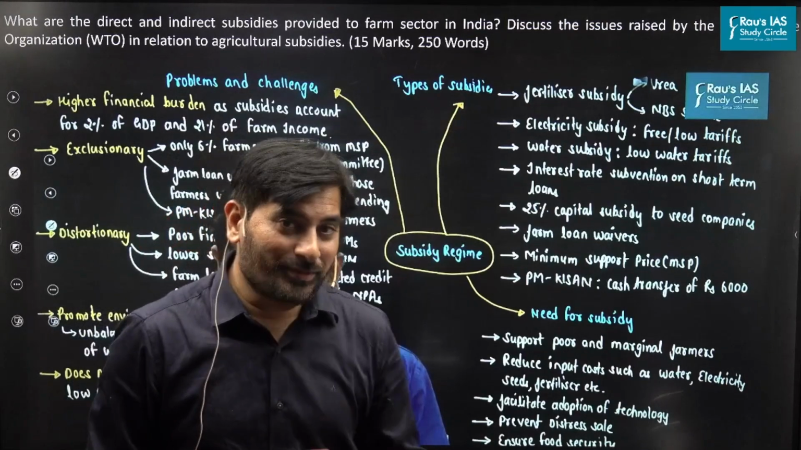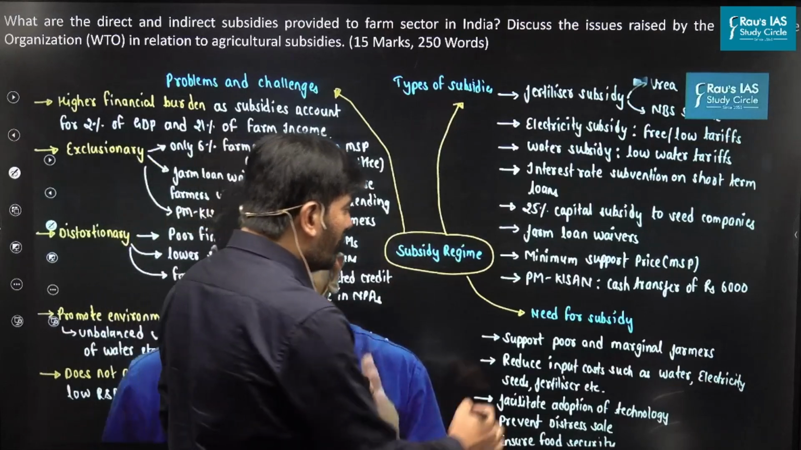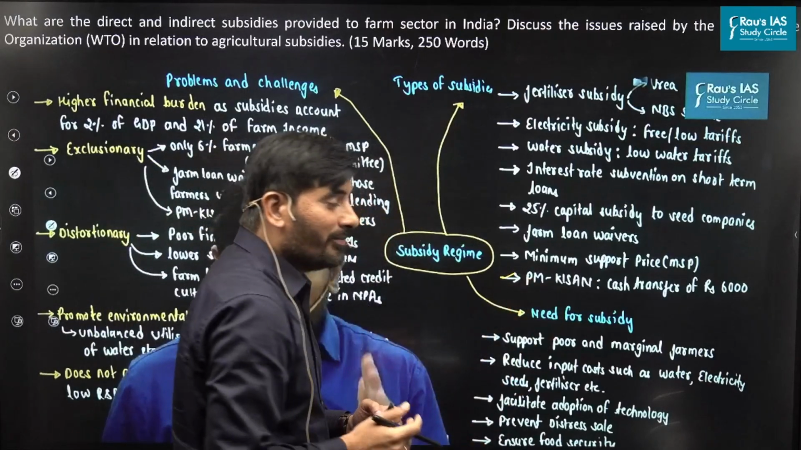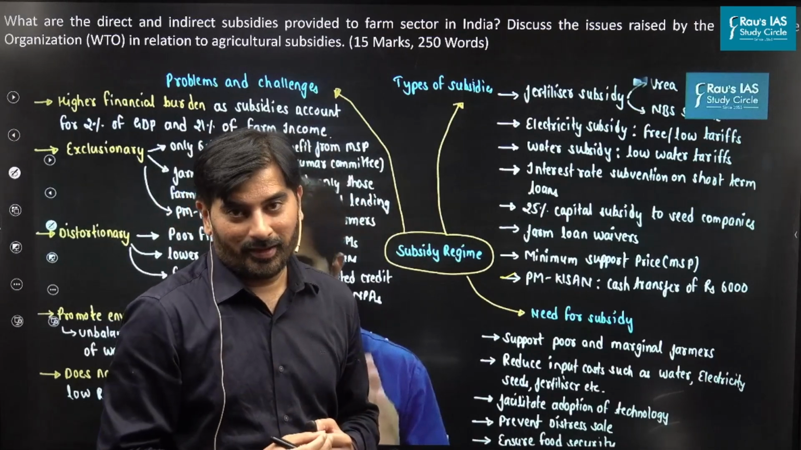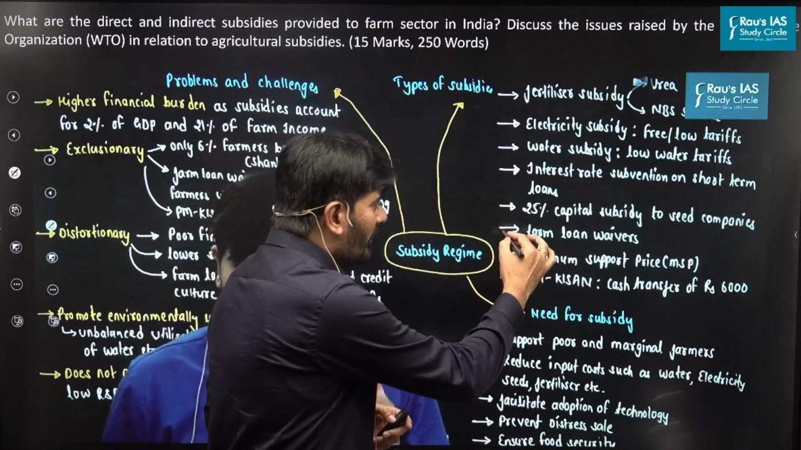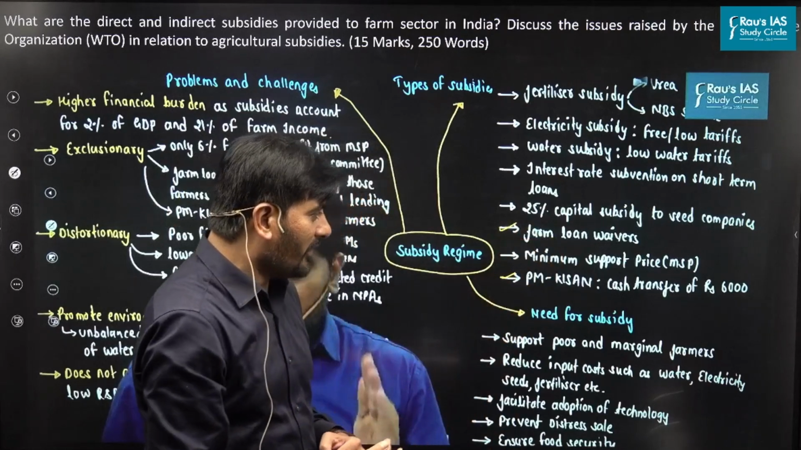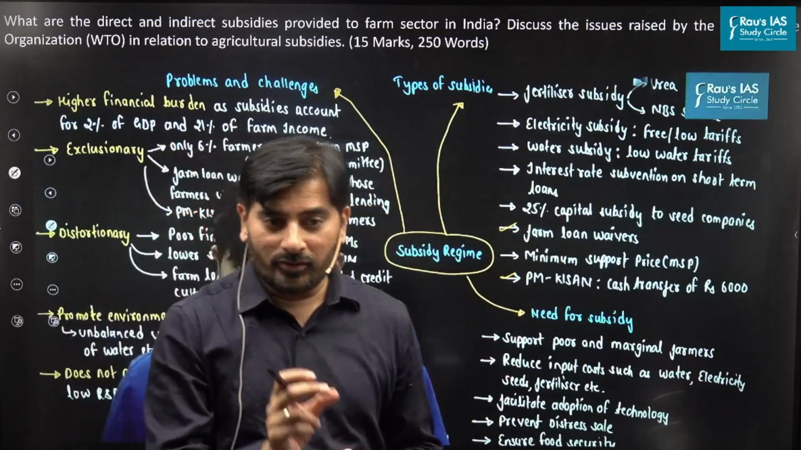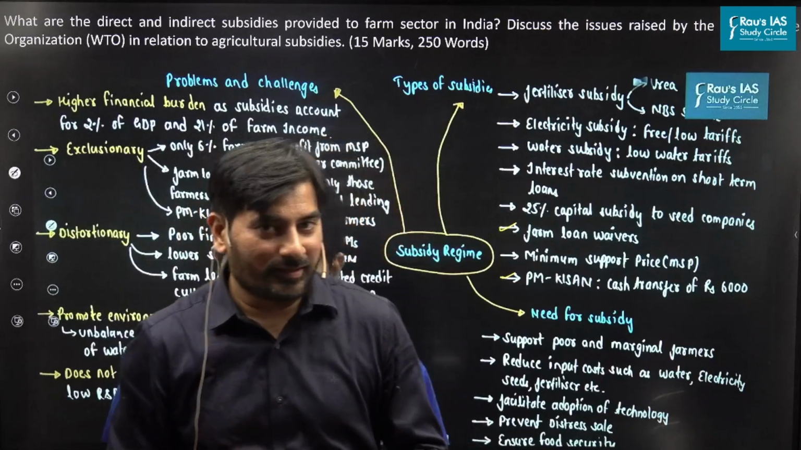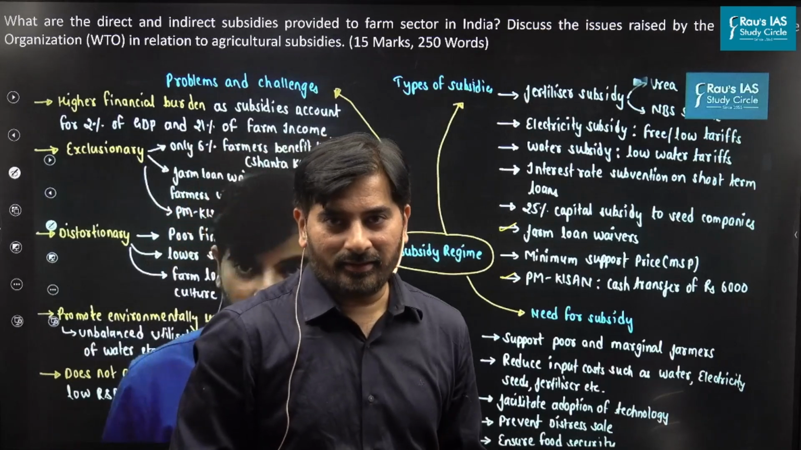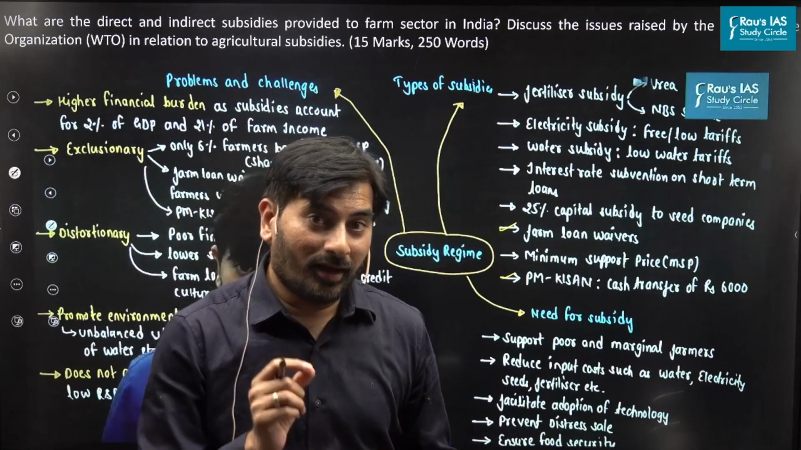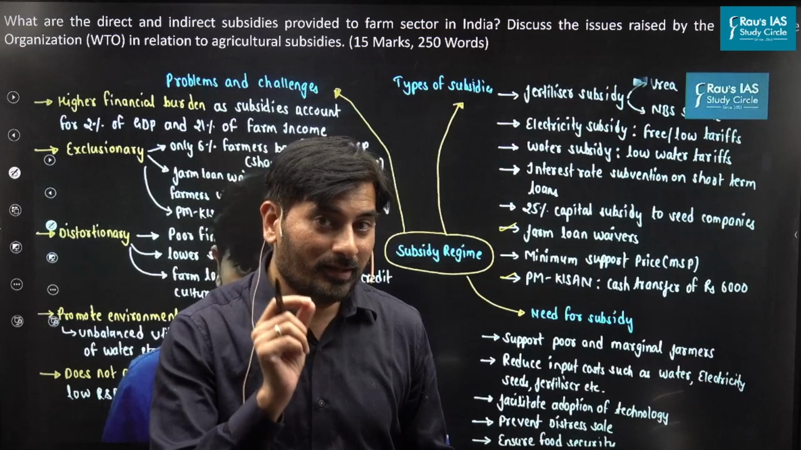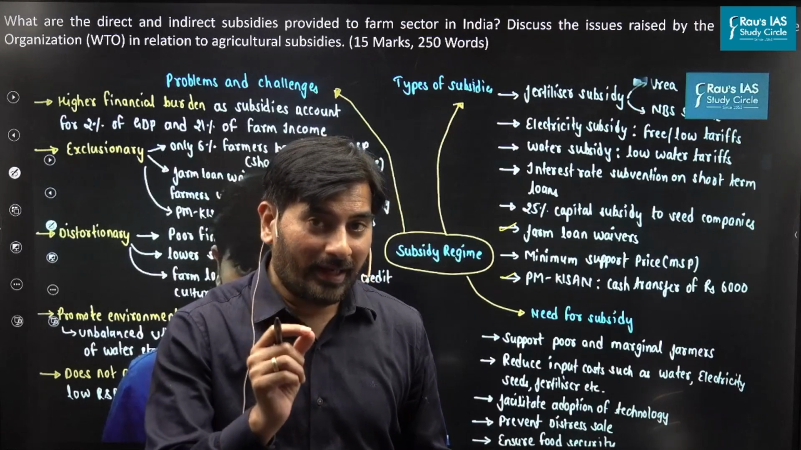So the direct subsidies would include government schemes such as PM Kisan, which provides for a cash transfer of rupees 6,000. It also includes the support given to the farmer by the government in the form of farm loan waivers. So these constitute the direct subsidies. Indirect subsidies are basically those subsidies wherein the government is providing agricultural inputs at a price which is much